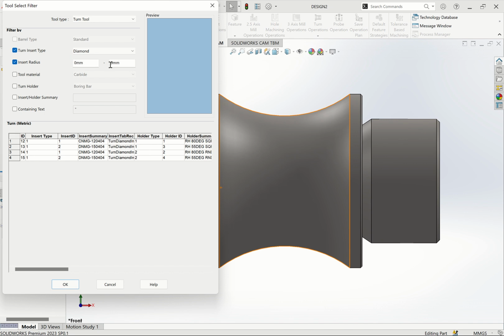The inscribed circle is 16 millimeter. For the tool material here, you pick carbide. Then the tool holder, it is holder, not boring bar, it is external. Then the insert, you can put VNMG